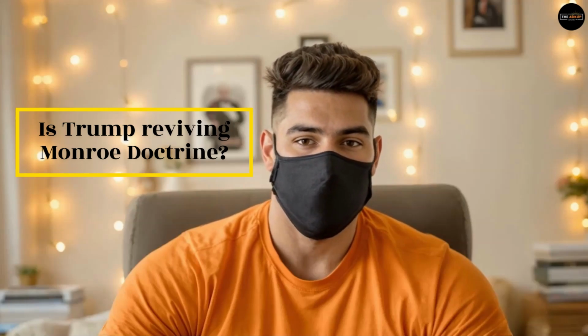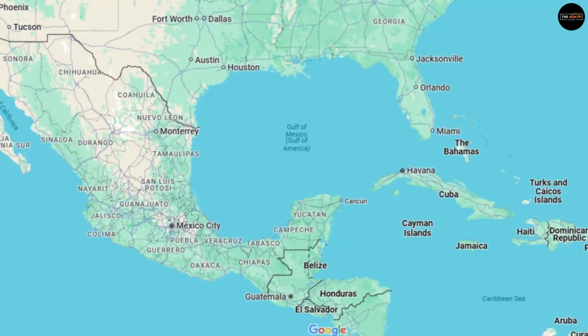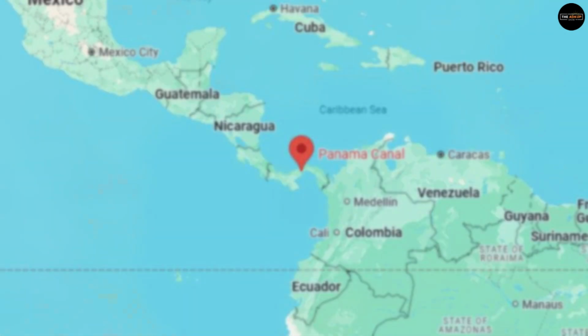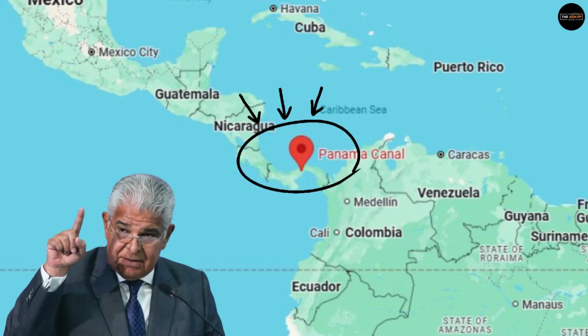Since he took office again on January 20, 2025, he's been making noise. Let's break it down. First, he signed an executive order on February 10th, renaming the Gulf of Mexico to the Gulf of America. New maps, new holidays, all in just 2 weeks. He's calling it a nod to America's legacy. Then there is Panama. He's threatening to take back the canal, claiming Panama is letting China creep in. However, there's zero evidence of Chinese troops there, as per Panama's president, Mulino.